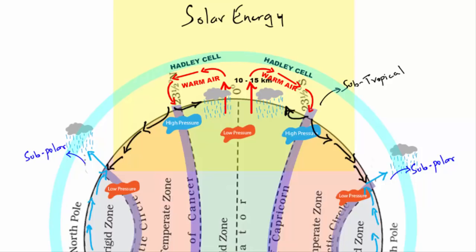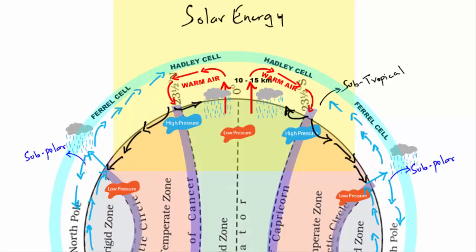That's how it creates a low pressure zone, which is called the subpolar low. And if you remember the wind that went from the equatorial region to the subtropical region, the pattern of atmospheric circulation was called Hadley cell. Over here, the name of the atmospheric circulation pattern is called Ferrel cell. Again, the air that rises at the subpolar low gets divided into two parts. One goes towards the poles, like the extreme part of the poles, and the other goes towards the subtropics.